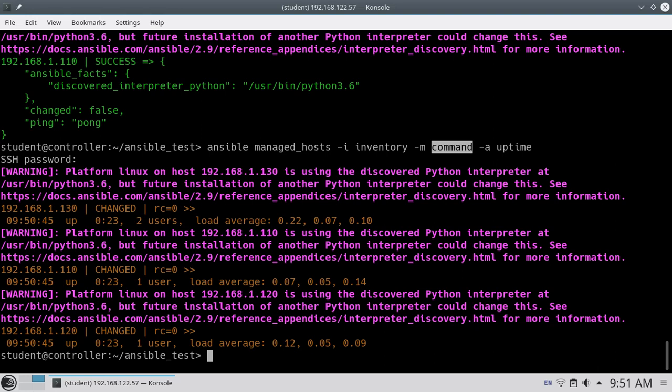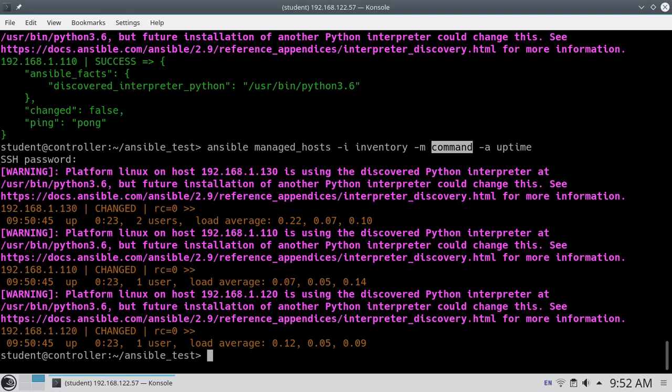One more thing I'll tell you, most of the Ansible modules are idempotent. So what is idempotent? That means it has a memory to remember whether last time it made any changes or not. Suppose you run a module, take the yum module, which does patching. If you run it once, it does the patching. If you run the same thing again, it will not run, because it remembers that last time it made a change, so this time it will not make any changes, it will just skip. That is a feature of Ansible, and most of the modules are packed with that feature.